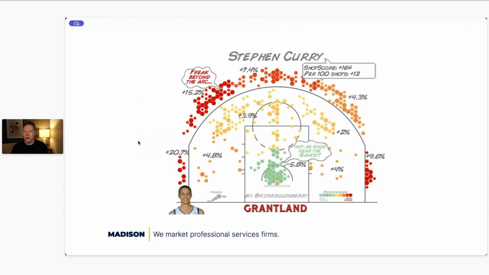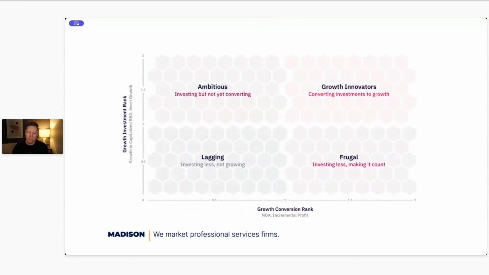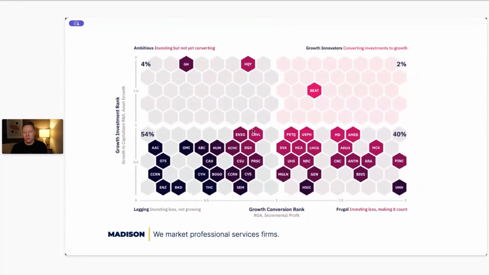And so we went to the standard 2x2 that you see all over the place. It's probably the most common framework design. But we did a Goldsberryan honeycomb kind of model. And what it allowed us to do was, within any industry, we could grab the companies and plot them on this 2x2 honeycomby sort of matrix. It's not perfectly precise, but it didn't really need to be. And this became the basis for our growth innovators model. That was pretty successful in terms of generating top line awareness.